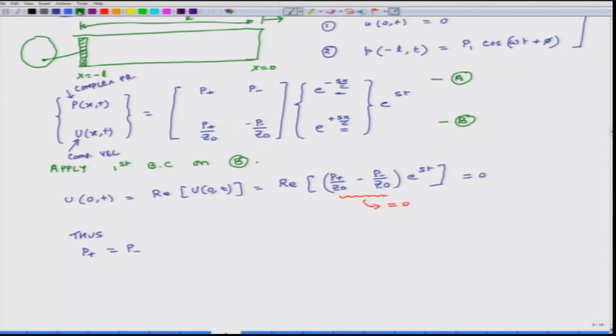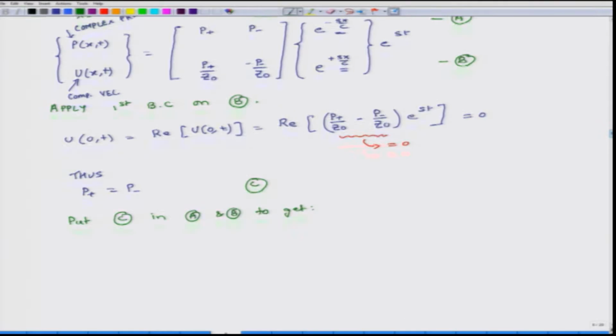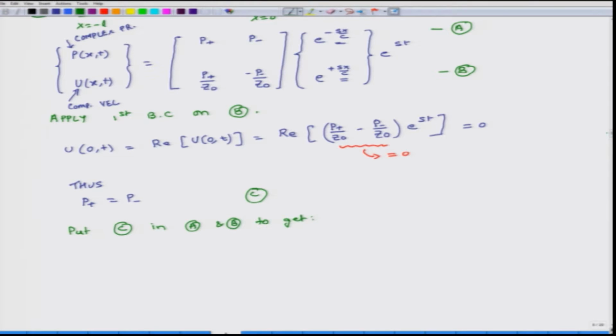So, let us call this equation C. So, what we do is put C in A and B to get, so we put this condition in C in the first two transmission line equations and we get